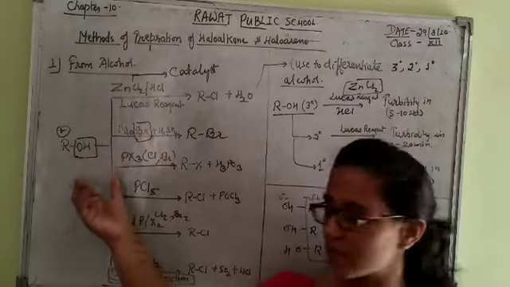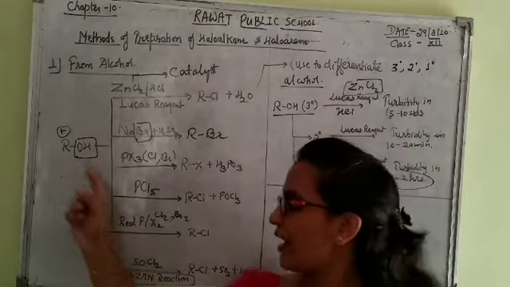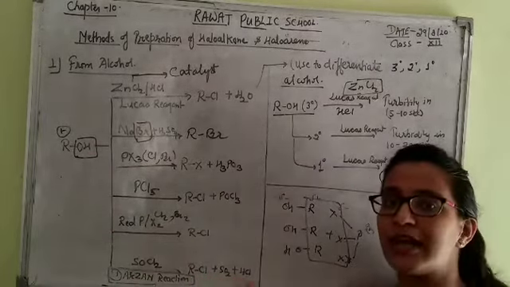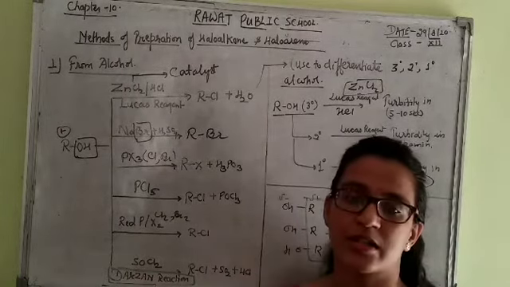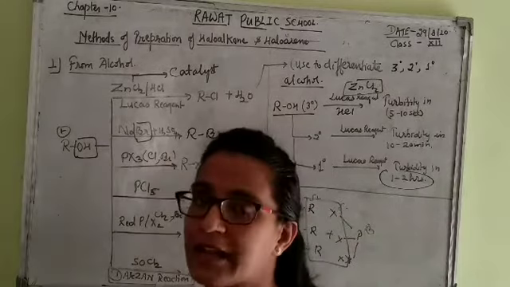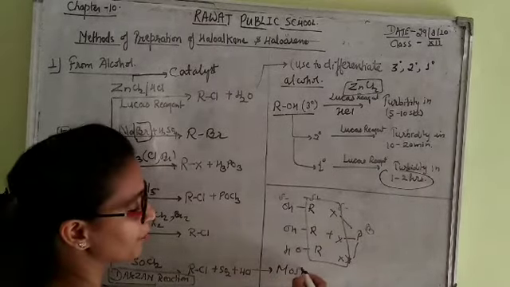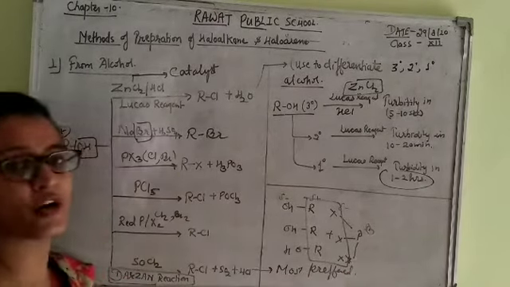What is the reaction of ROH with SOCl2? It is simple. ROH reacts, the OH is replaced by chlorine, and SO2 and HCl gas are formed. Now this reaction is a name reaction. It is known as the Darzens reaction and it is also the most preferred. This reaction is the most preferred reaction to form alkyl halides.